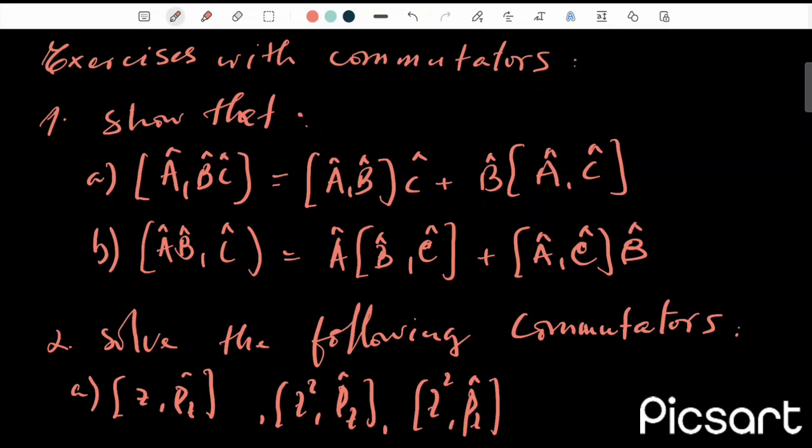Commutators are a physical and mathematical concept that we introduced in the previous video, where we introduced the concept of operators. If you